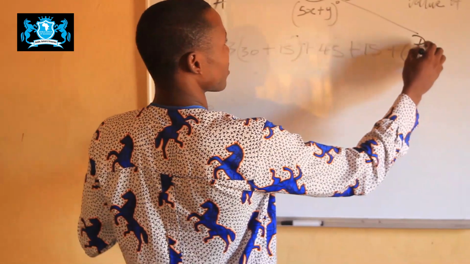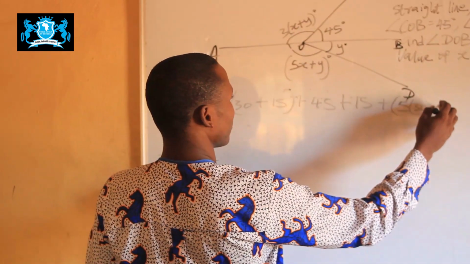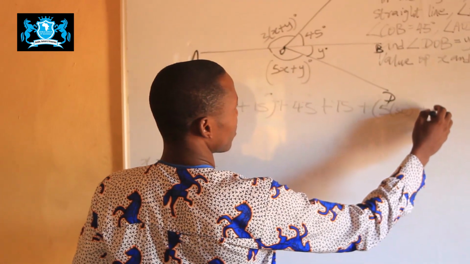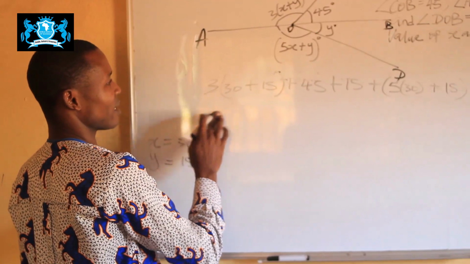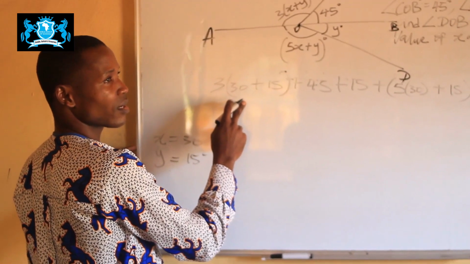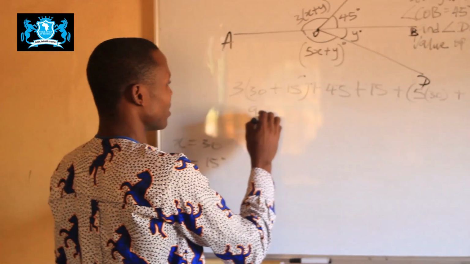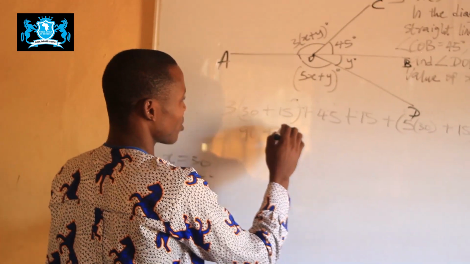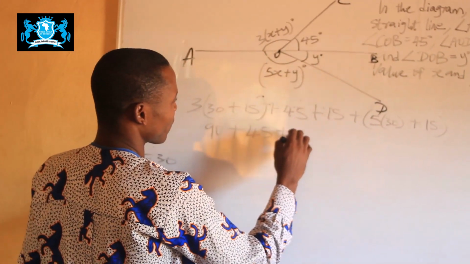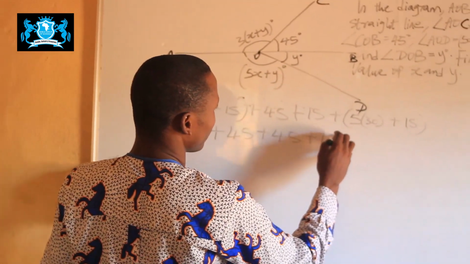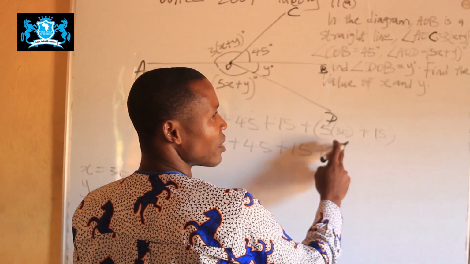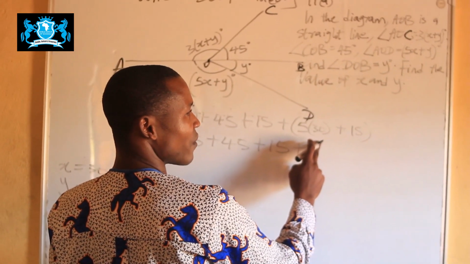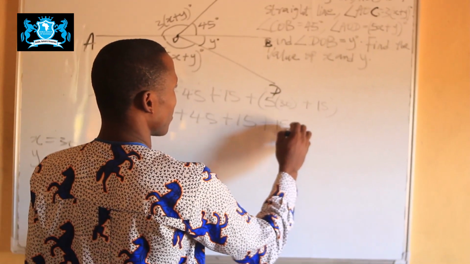What's our x? 30, plus y is 15. What do we get? 3 times 30 should give us 90, plus 3 times 15 should give us 45, plus 45 plus 15, plus 5 times 30 should give us 150, plus 150